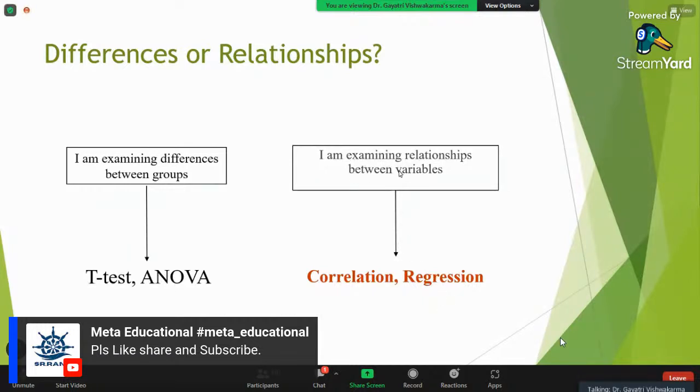When your objective is to find out the relationship between the variables, what other method can come here? Quickly, I need 2-3 answers. Factor analysis, no. Chi-square, somebody is writing chi-square. Exactly. Now, if chi-square is the correct answer for examining the relationship between the variables, the question is whether you have to use correlation or chi-square. What is the criteria for when to use correlation and when to use chi-square?